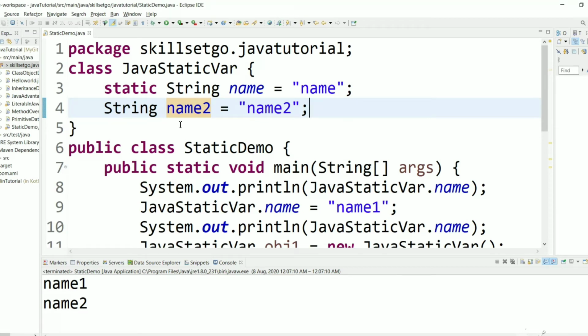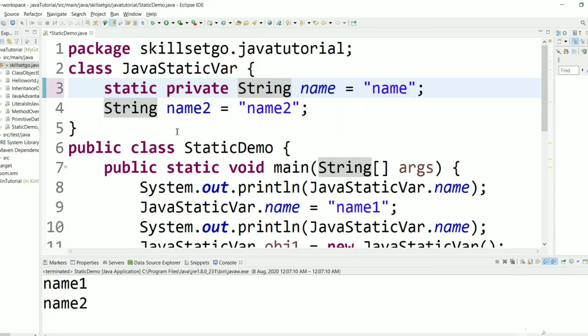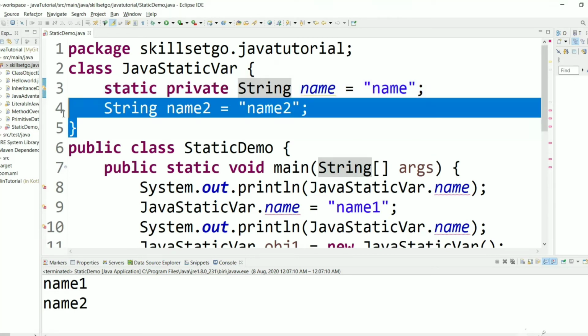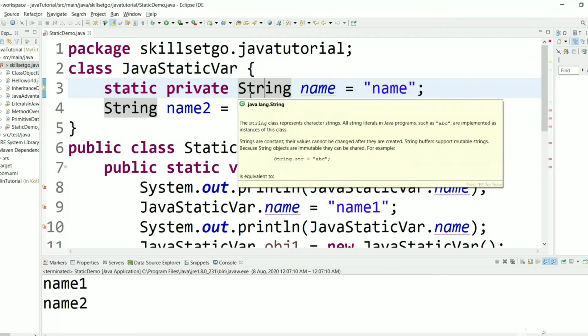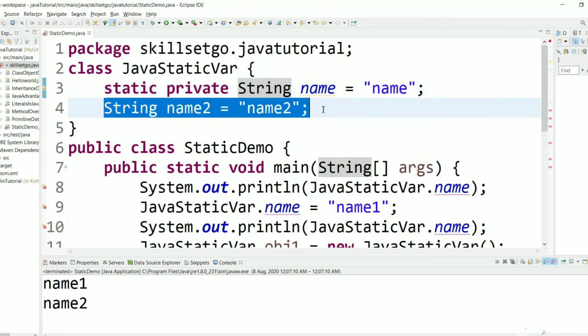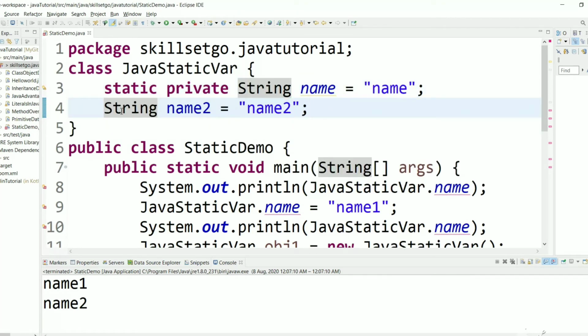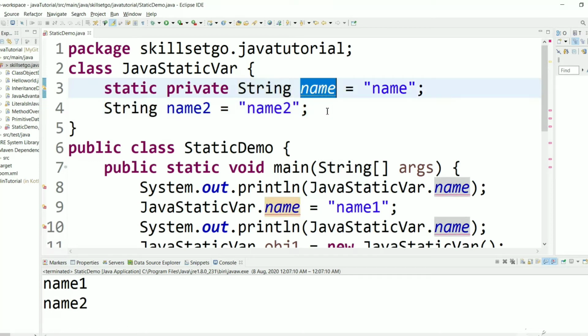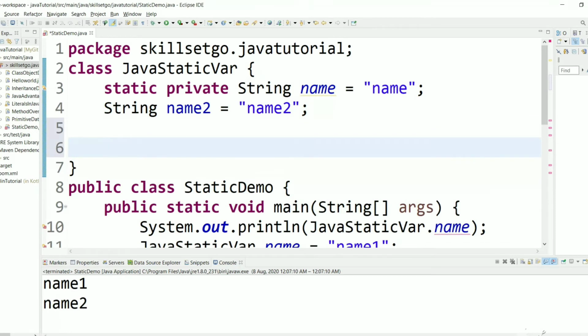And what if a static variable is a private variable? Let's say static private. Then you all know what is private. Private variables can't be accessed or changed outside the class. This can be accessed only inside this class. And for accessing or changing this variable, we need to provide a method inside this class because private variables can be accessed only inside.